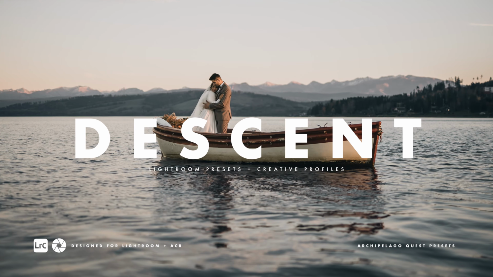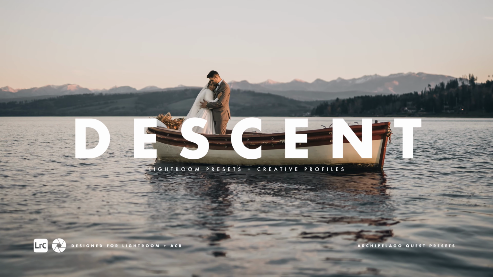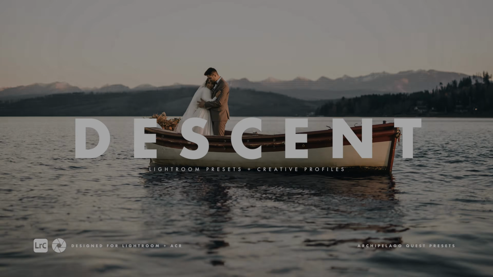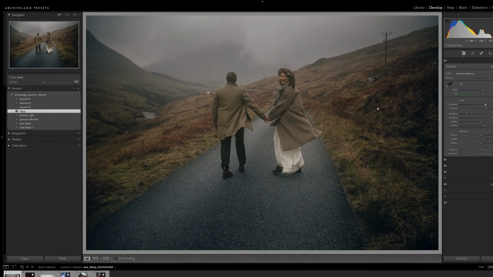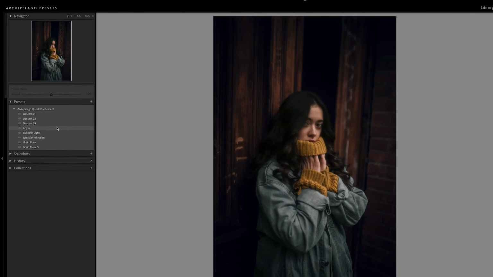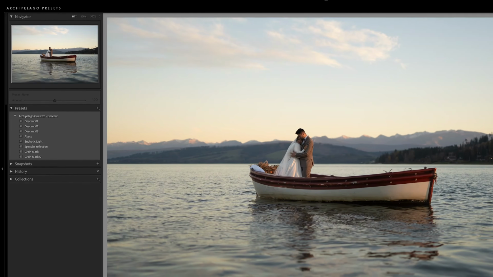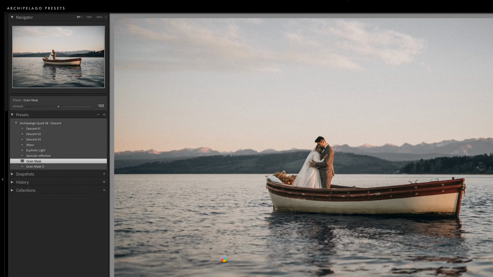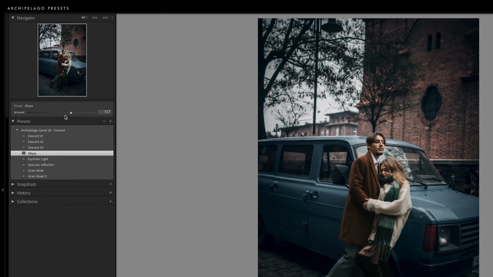Welcome to the 28th installment of Quest, Descent. Let's explore the features and tonality this set has to offer. Descent features 3 unique color presets, as well as tools to immerse yourself in a subaquatic realm through your edits. Adobe AI masks separate the subject and background, submerging the background in shades of blue while keeping natural skin tones